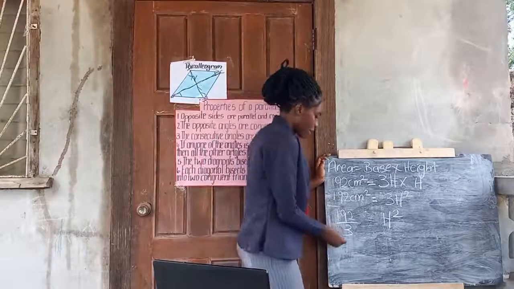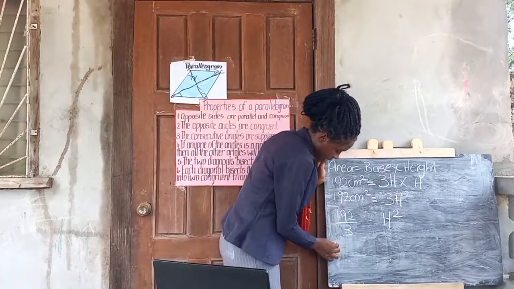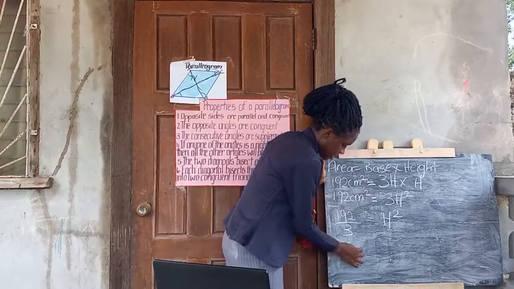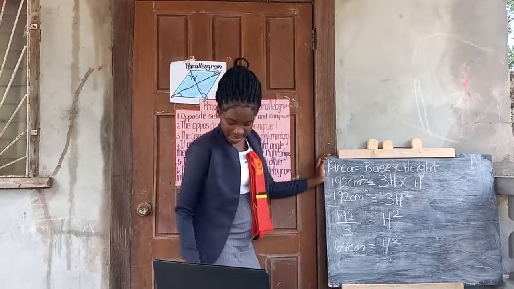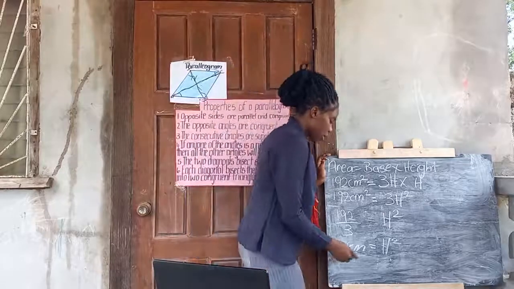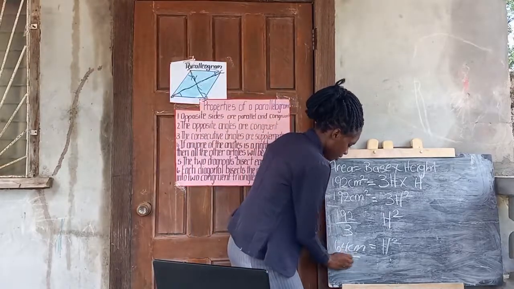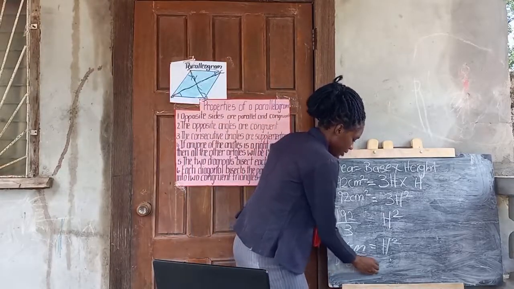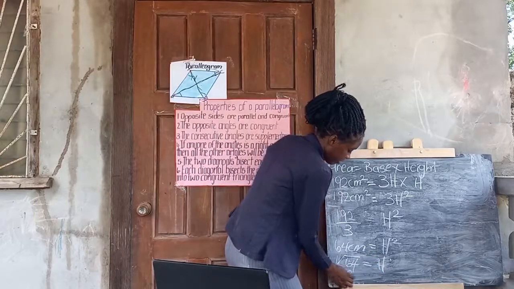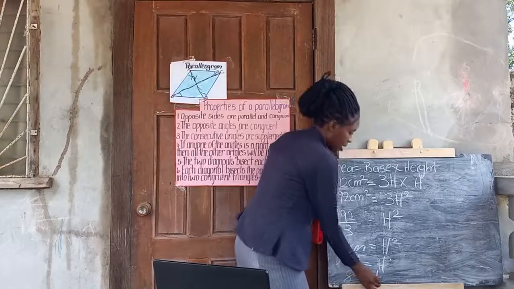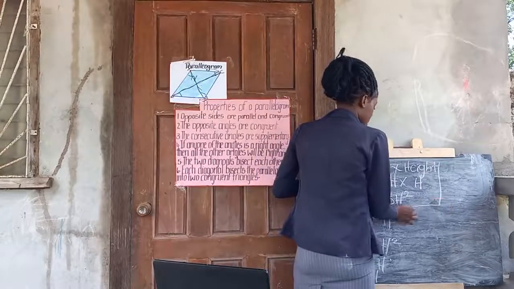When we divide 192 by 3, we're going to get 64 centimeters, and that is going to equal h squared. But we still haven't found h. So now we're going to find the square root of 64, which is going to equal 8. And the square root of 64 is 8. So h is equal to